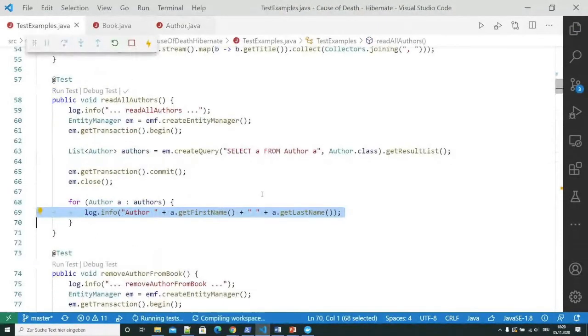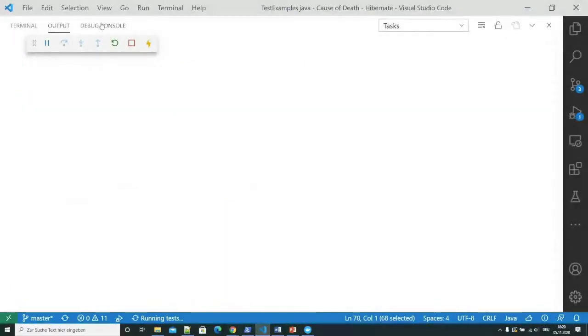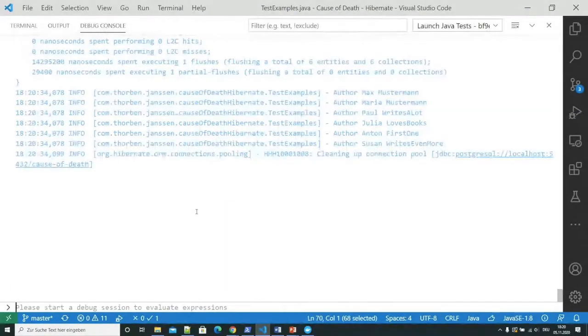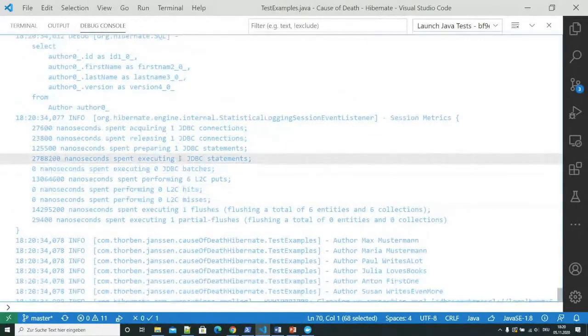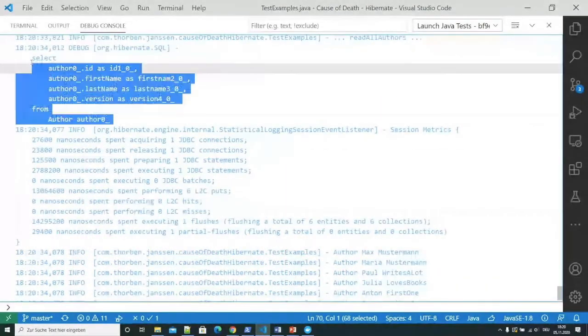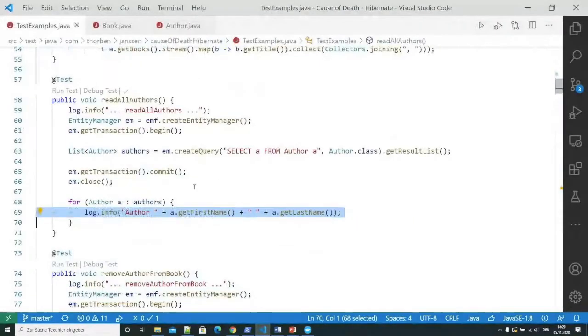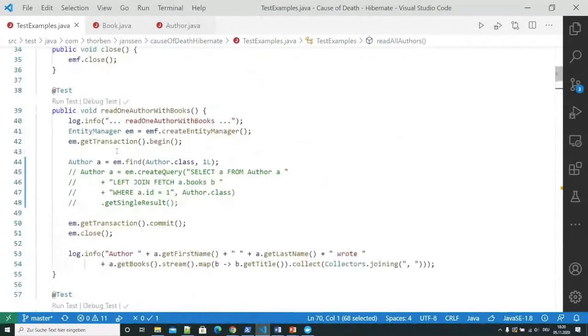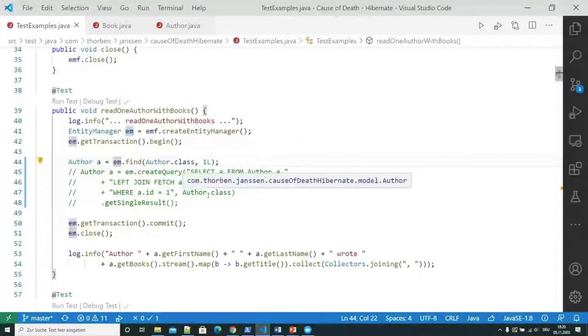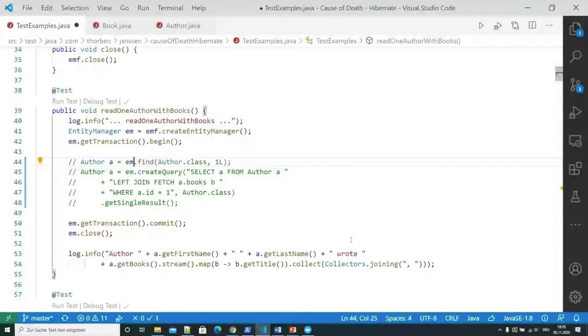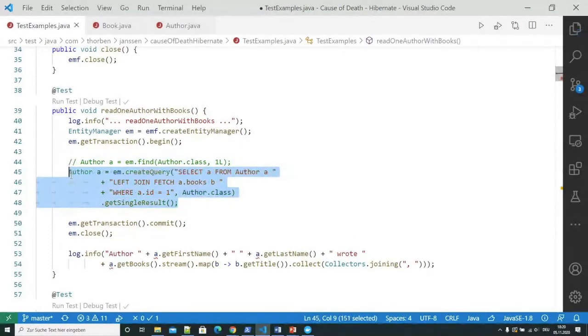If we now switch it back to lazy, which is the default, and take a look at the log, then we see that we now just have one JDBC statement and we just got the author from the database. Much better for this use case. No N+1 select issue, no performance problems. But we still have the lazy initialization exception up here. And well, there's a much better way to fix it than using the fetch type eager.